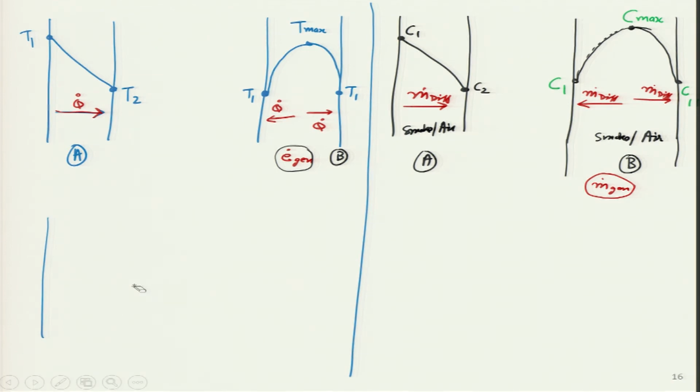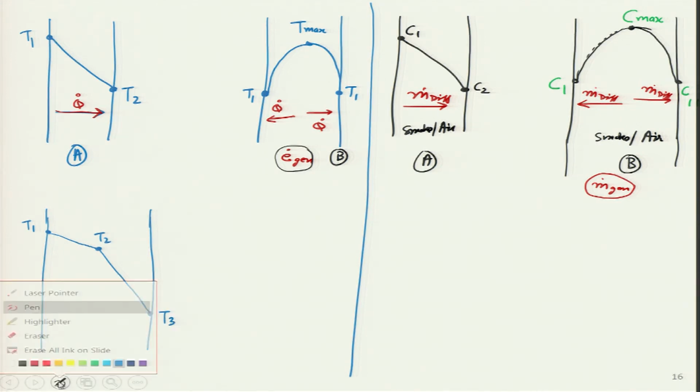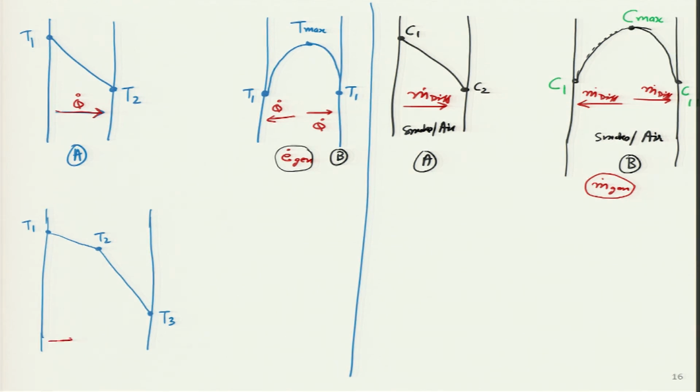Let me take one more example, and I will ask the students about conduction. I think they should remember. Let us say this is half of the wall, then the temperature profile is like this. I will put some numbers over here. If this is T1, this is T2, T3, and of course, heat transfer rate is the same throughout the wall. Maybe it is 60 watt, 60 watt, 60 watt throughout, Q dot, Q dot, Q dot.